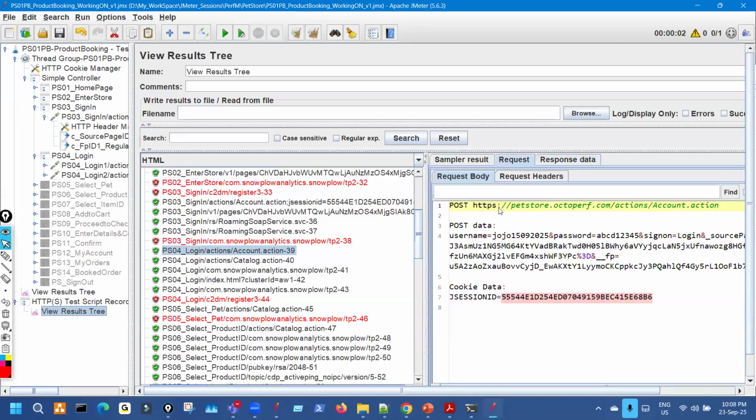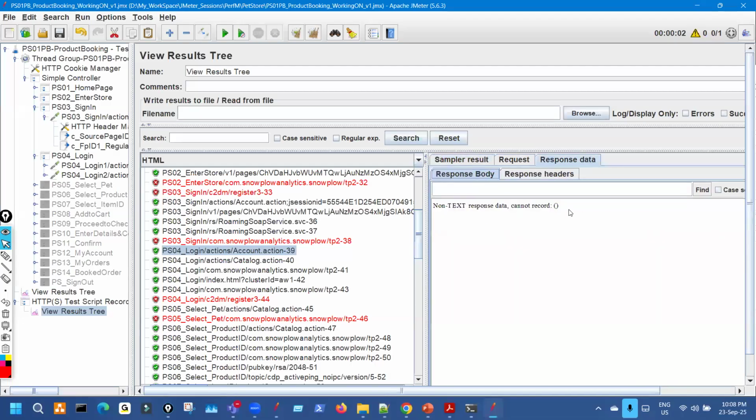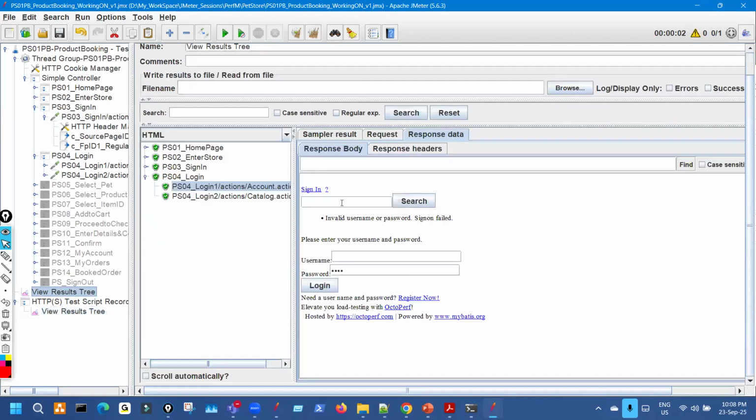What happens is the first request is a 302, and a 302 will not have a response. I said this in an earlier session, practically also, long back I think. So 339, but here it can show that. So do not get confused. But if you go and check,